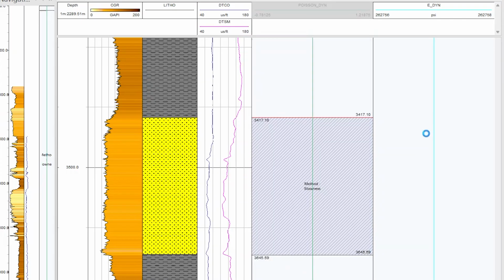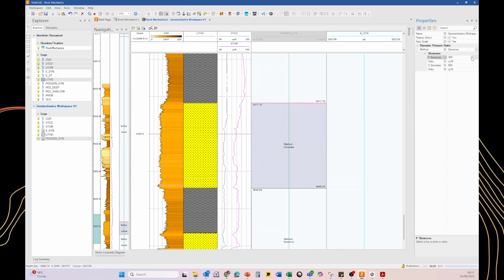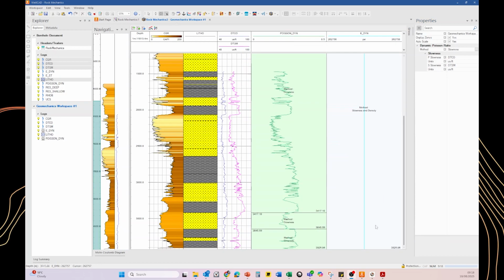We can now come back and assign logs to the P slowness and S slowness, and in this case we can use the compressional sonic and the shear sonic respectively to generate the output that we see here. We can continue with this and other zonations until we're satisfied with the final results. In this case, we have 3 different zonations, and the user may want to go to a higher level of